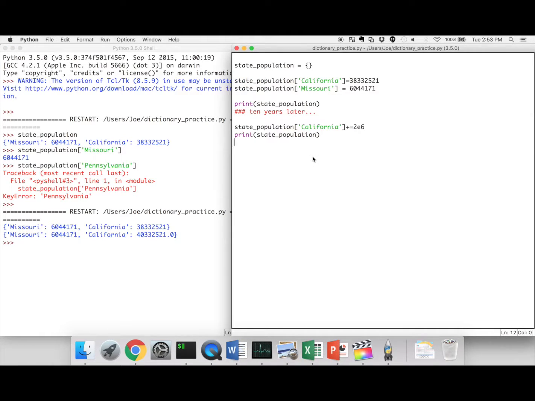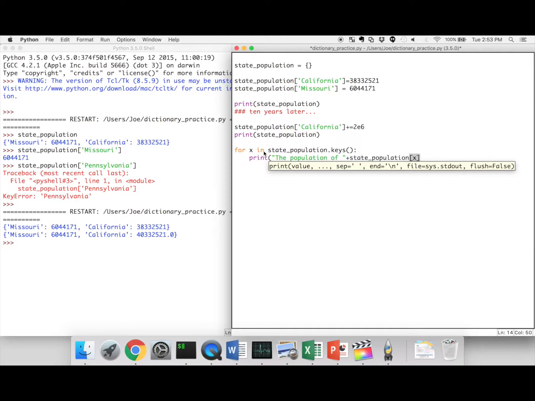Awesome. Another thing which is really, really useful with dictionaries is the keys method. One of the uses is for iterating. So for example, we could do for x in state population dot keys, print. Let's build up a string using string concatenation. The population of space plus state population of x, because x is the individual keys of the dictionary, plus space is space plus,